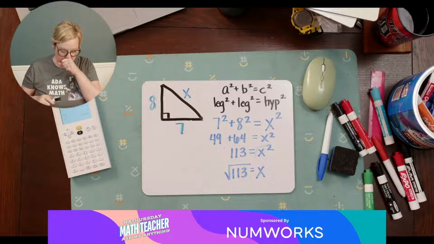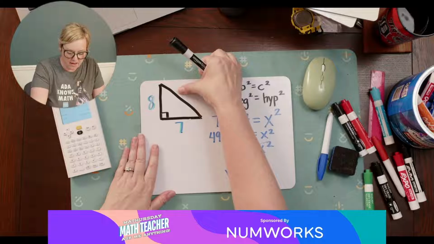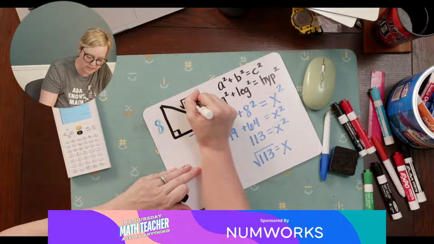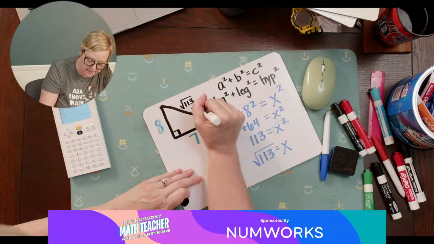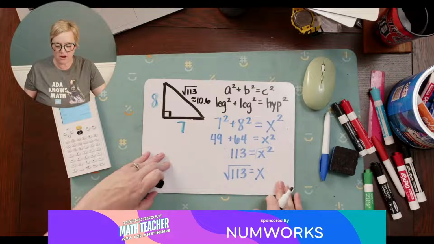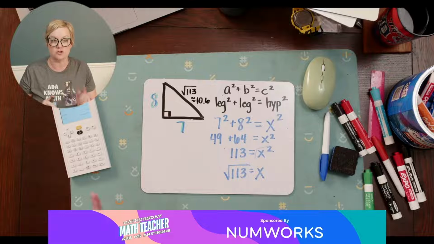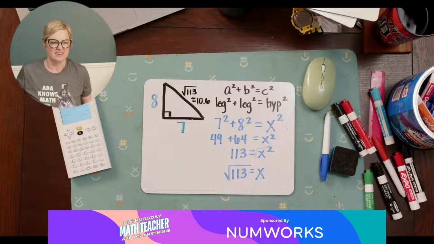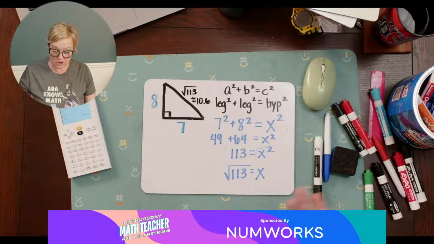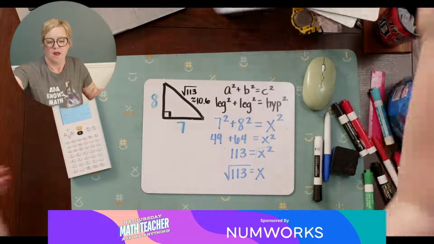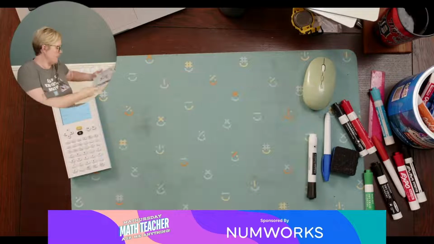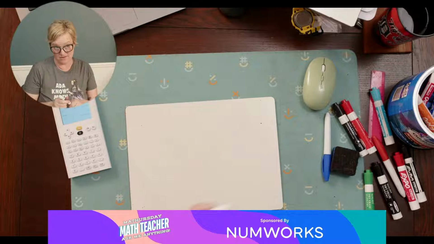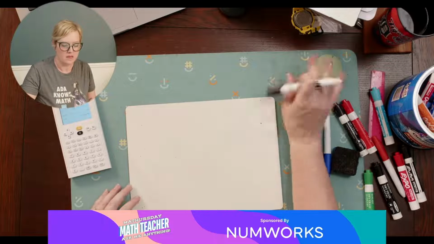Okay, so this means that X would be the square root of 113, which if you need to round it, it's about 10.6. So that's how you can find the missing side of a right triangle using the Pythagorean theorem. Now, if we talk about finding a missing side and we start throwing in the angles, okay,